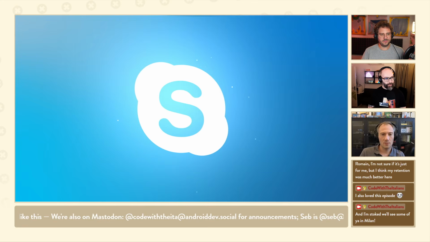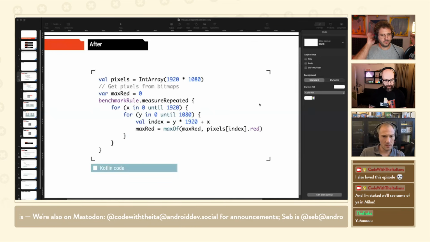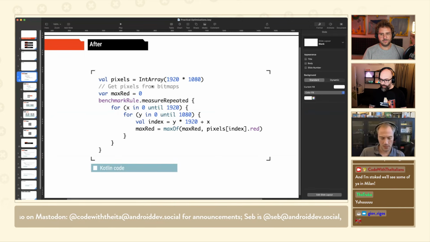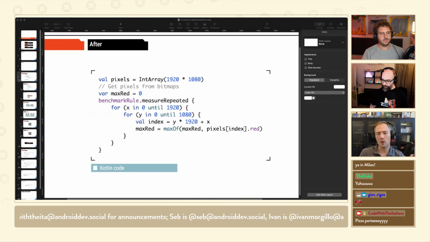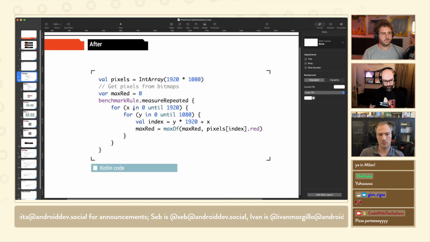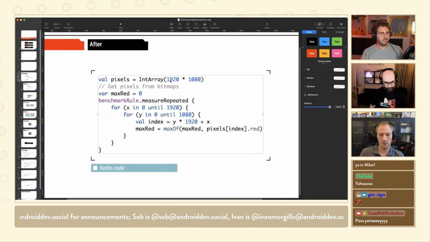So that was the code. Is it visible? Not yet. Okay. Yes. So that was the code that we use in CI. It doesn't run on the device, but it runs in CI to do screenshot testing, right? So we want to compare bitmaps. We have a reference image, we have a bitmap. More or less the code ended up being that. We have an array of pixels. We want to iterate over all the pixels, X and Y, find the pixel, and then compare it to another value. Here we do a max, but it doesn't matter. That was the idea. We go over all the pixels.